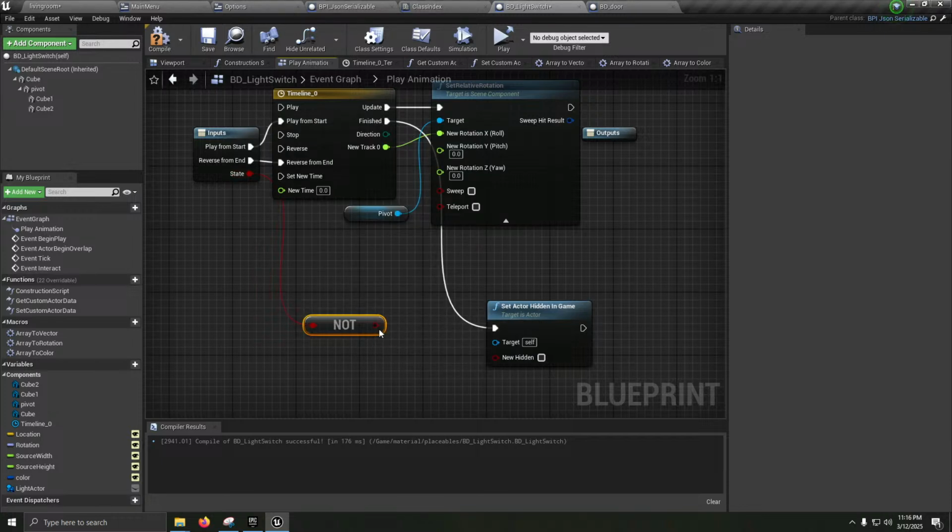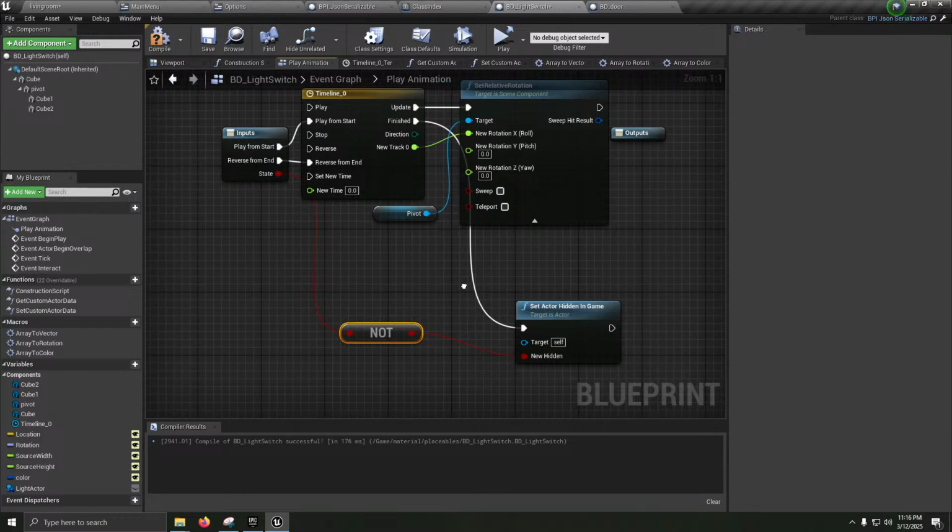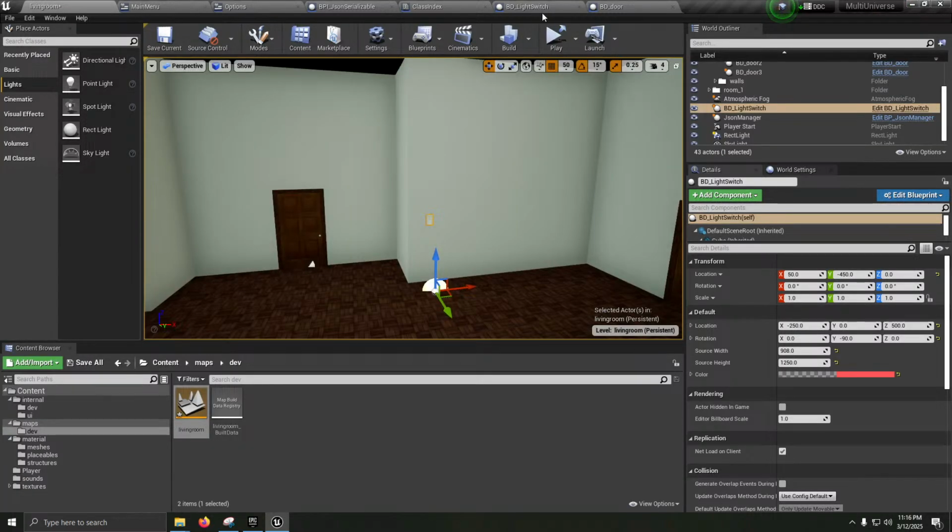Oh, so it flips it. Okay, so if it's true, then it's not hidden. That means it will be displayed. Sick. I now need to